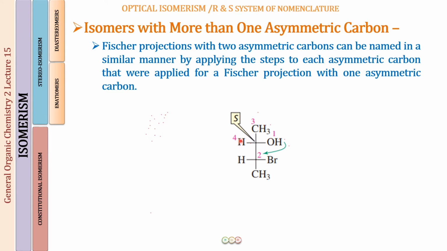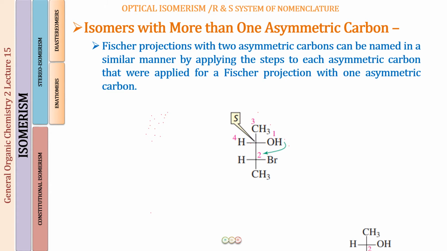But where is group number 4? Well, this is on the horizontal line. When it is on the horizontal line, you have to reverse the order of the configuration that you got from the arrow. If it is on the vertical line, it remains the same. Because hydrogen group number 4 is on the horizontal line, if from the arrow you get an R configuration, the answer is going to be the S configuration. Had hydrogen been on the vertical line, if the arrow says it is R configuration, it will remain R configuration. Fine. So again, this is something that you learned in the last lecture.